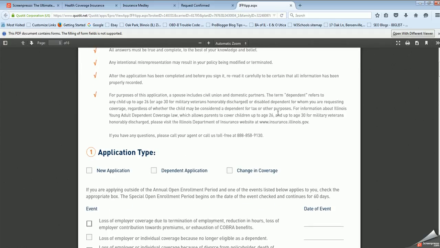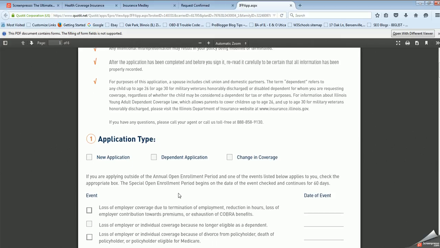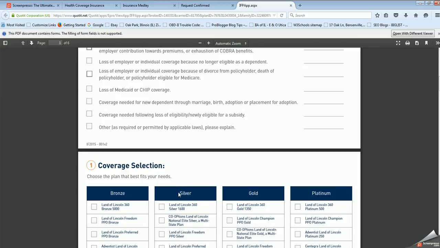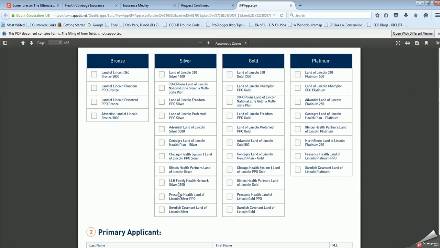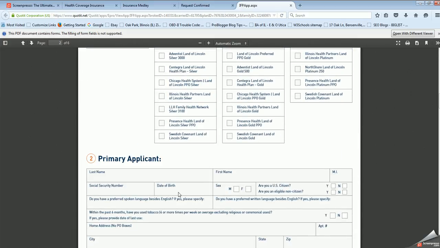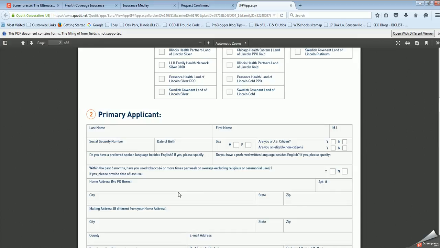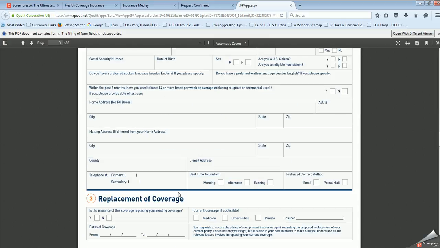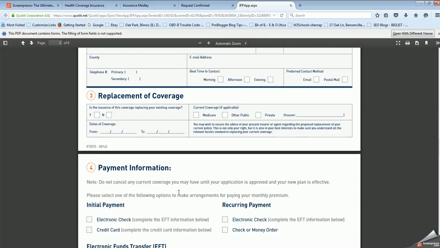Typically, it's a new application, and as you go through it, there are just 6 simple pages. We'll go through it with you to make sure that everything is covered, and then we will submit the plan on your behalf to the insurance company and get you going.